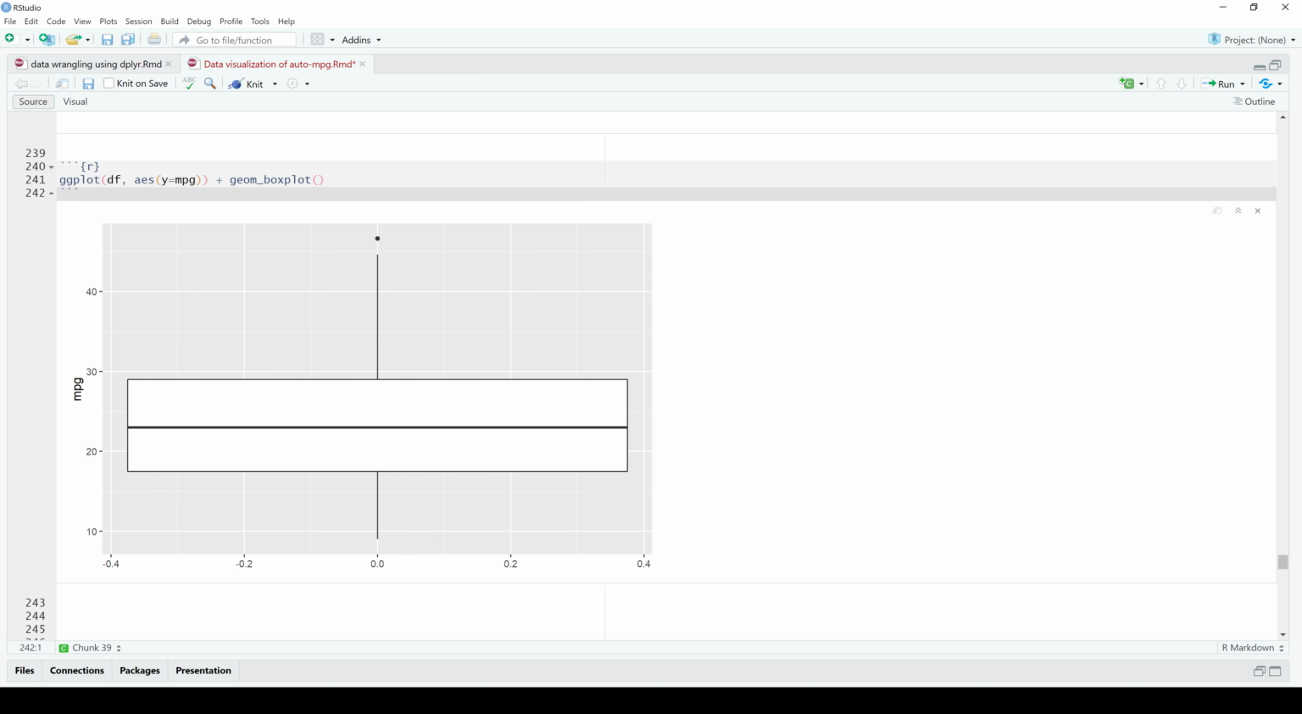So on the y-axis we have MPG. That's the useful part. So what is the median? It's about 23 or so. The 25th percentile is about 18 or so, and about 29 is the 75th percentile. Okay, so